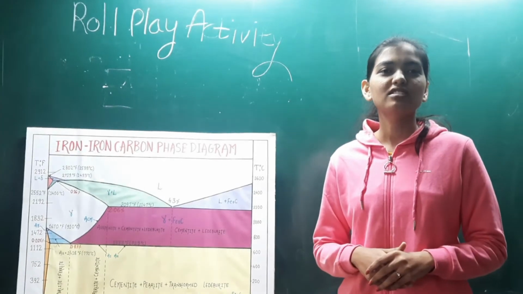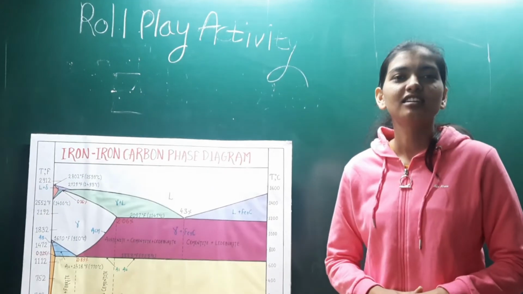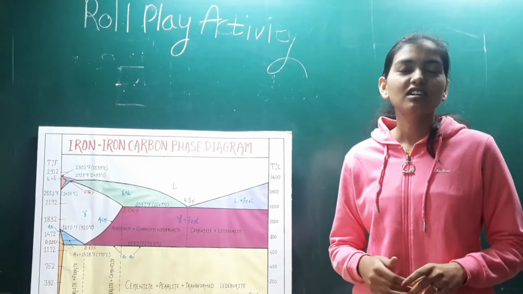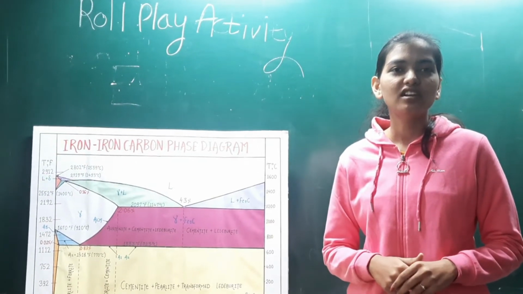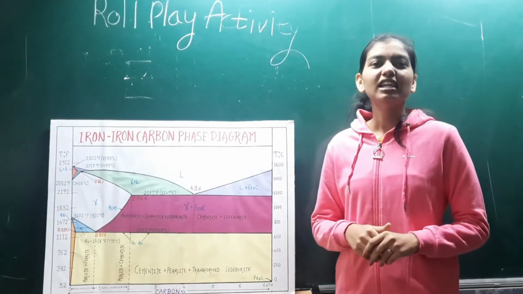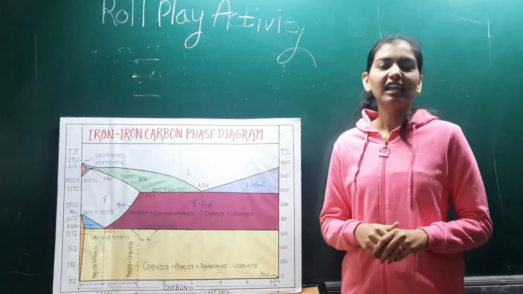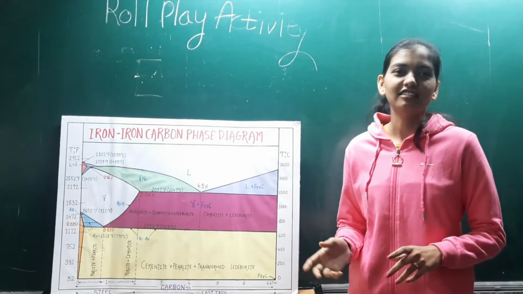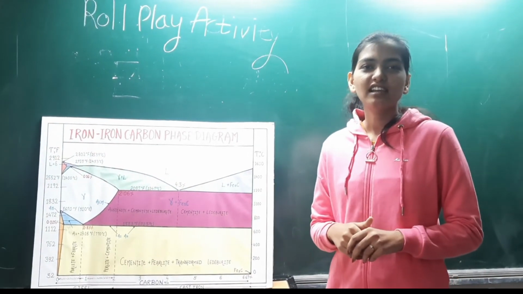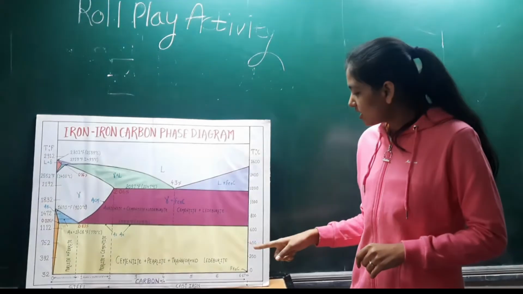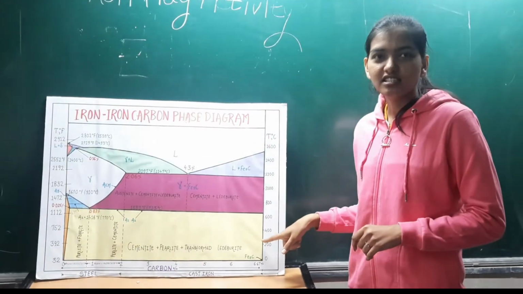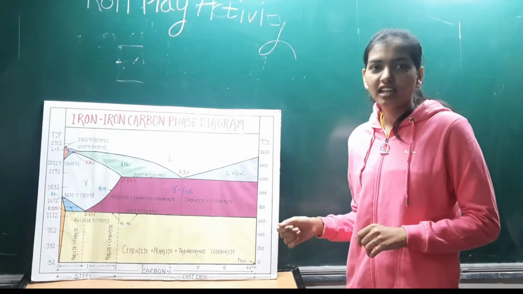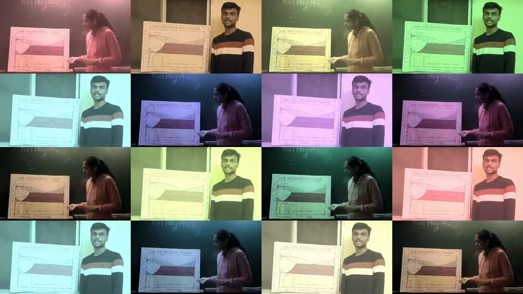I have a complex orthorhombic crystal structure. I am extremely hard, with a hardness somewhere around 900 to 1200 HV. I am found in white cast iron. In carbon steel, I am precipitated from austenite. Among the properties of steel and cast iron, at the temperature of 210 degrees Celsius, below 210 degrees Celsius I am magnetic, and above 210 degrees Celsius I become non-magnetic.